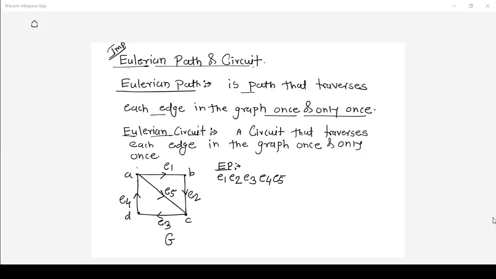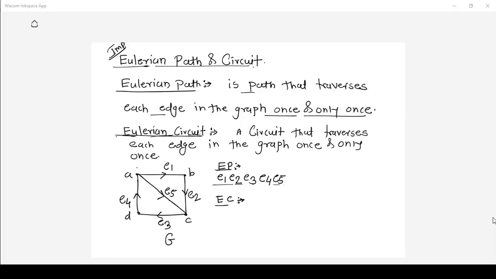Now you can see I've started from edge E1, then E2, E3, E4, E5, and I have covered all edges of the graph and every edge appeared exactly once in the path, and hence I can write an Eulerian path for this graph.